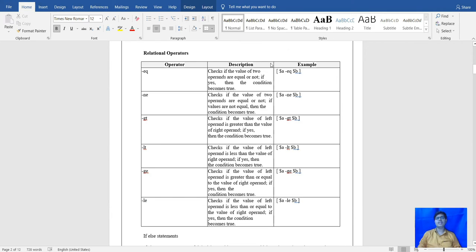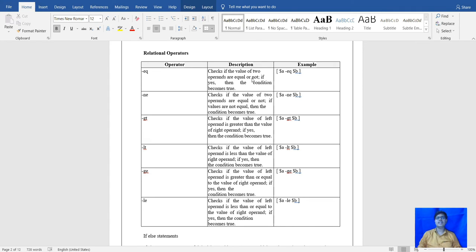After that, moving to the next operator, that is the relational operator. These relational operators are used for checking conditions during program execution. The first operator is equal, hyphen eq. It is used to check whether the operands are equal or not.